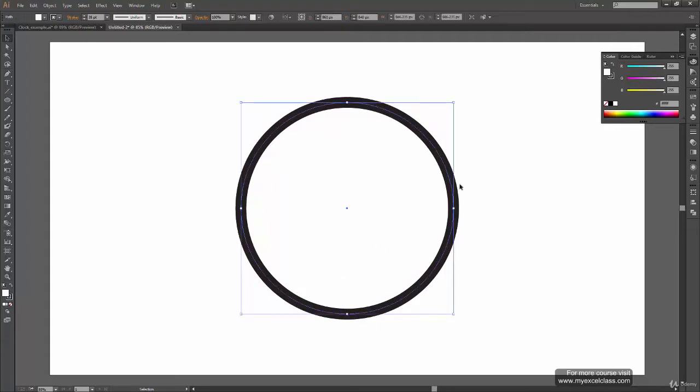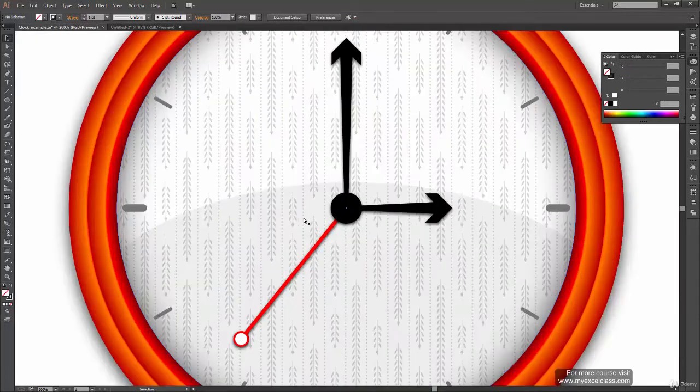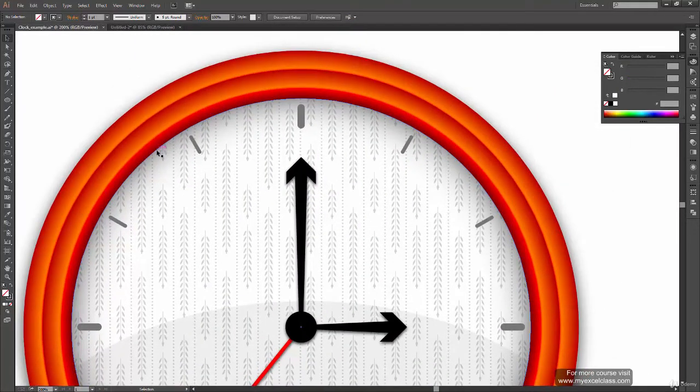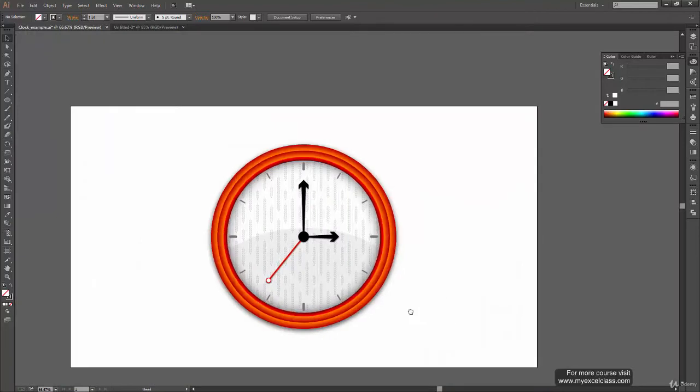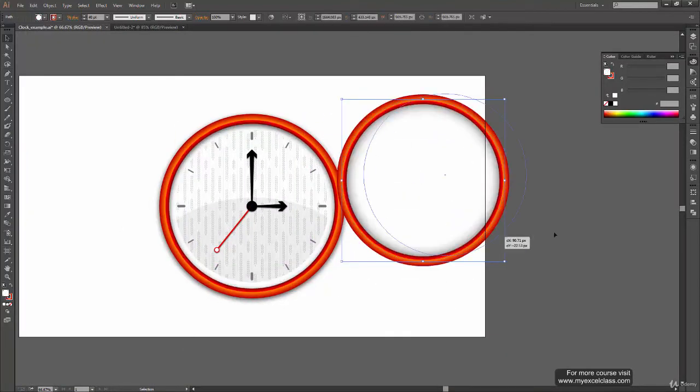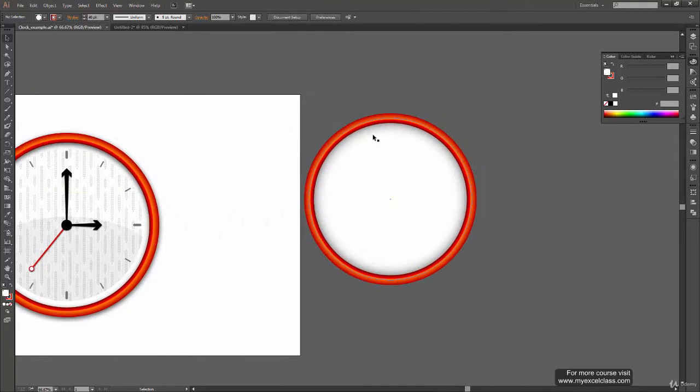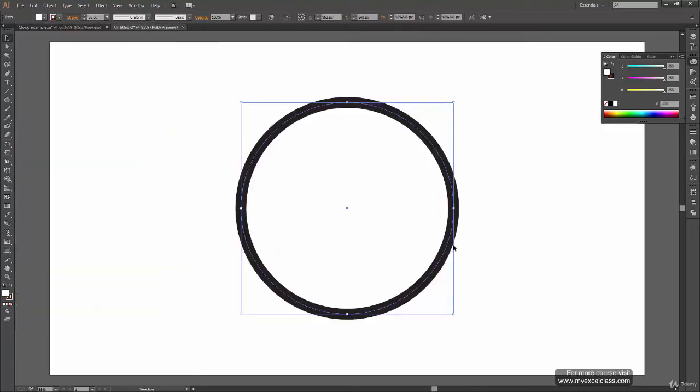Okay, so let's first try to create this kind of gradient. Like you can see here, it's a little dark here, and then if we come to the center, it's very white. So let me just move this shape for you, so you'll be able to see it. Here you can see that at the border there is a little amount of shadow, and as you come to the center part of the dial, there's a white fill. It is completely white, and then it slowly changes its color to gray or black. Okay, so let's do that.